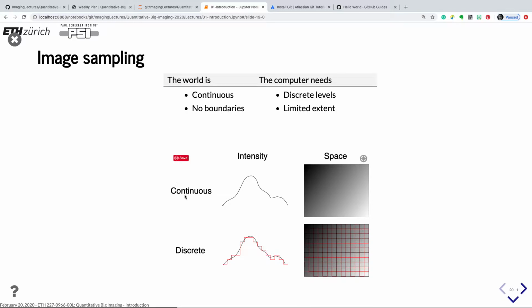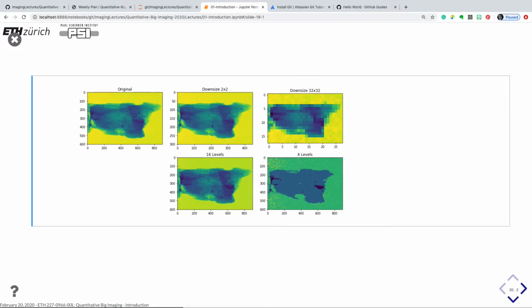In the continuous world, we have some kind of soft curve as intensity, and we also have a continuous space. What we need to do is to discretize the whole thing. So the levels will be stepwise with some number of bits, and the image itself needs to be rasterized into a grid. And looking at this example, you can see,